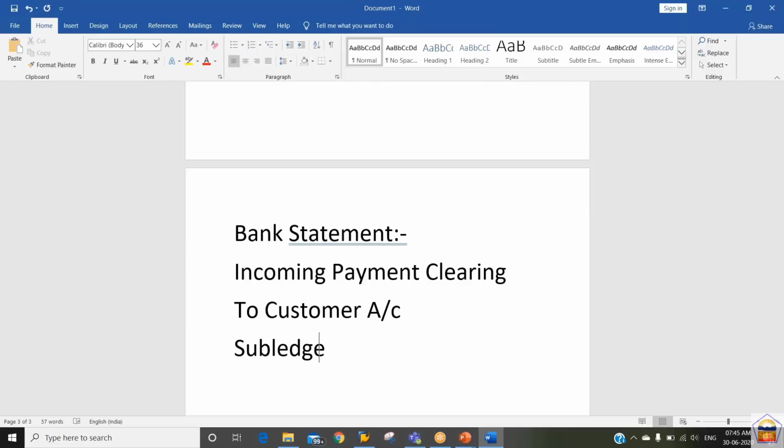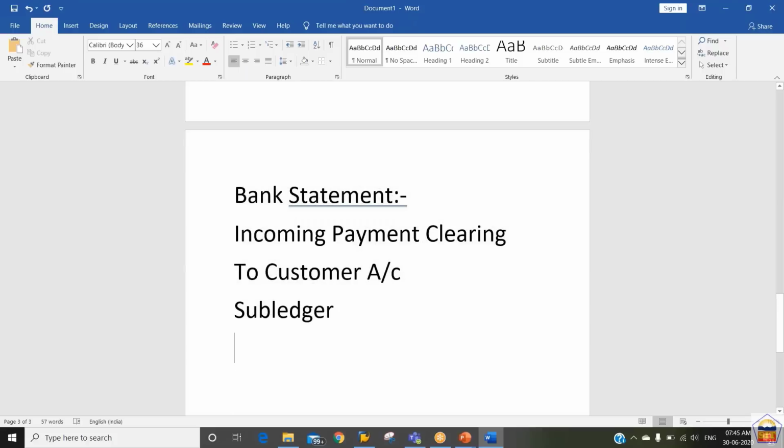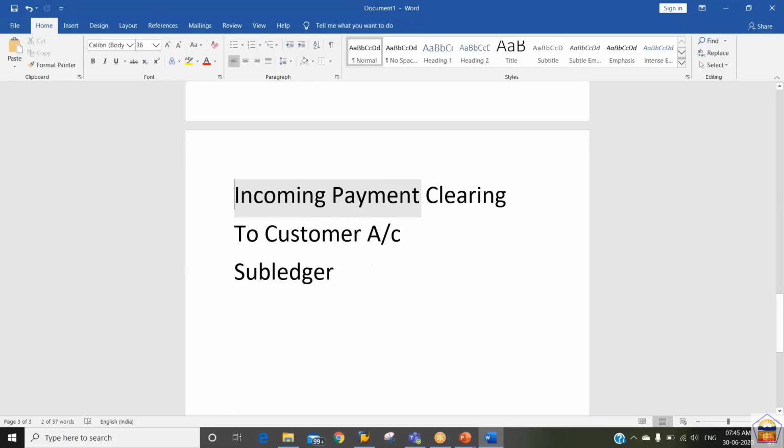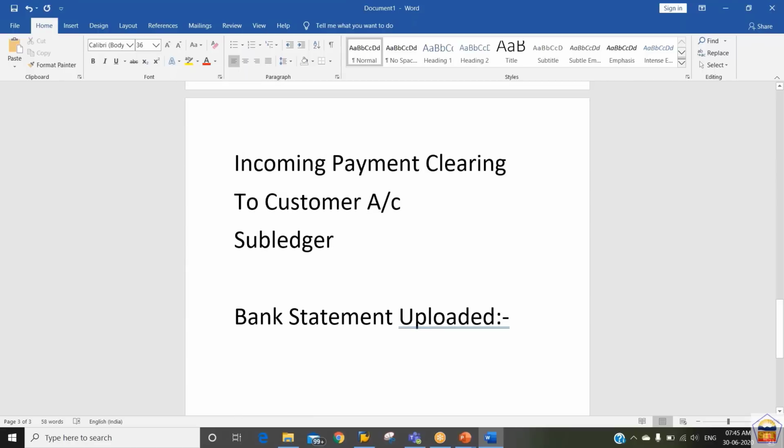So that is the entry we'll have, and once again this is a subledger entry we'll have in the system, because we are taking the second line item as customer account. At this point of time the bank statement has not been received. Now the bank statement is received, and we have uploaded it. So the moment we have uploaded that bank statement, what will happen? The system is going to pass an accounting entry into the system,